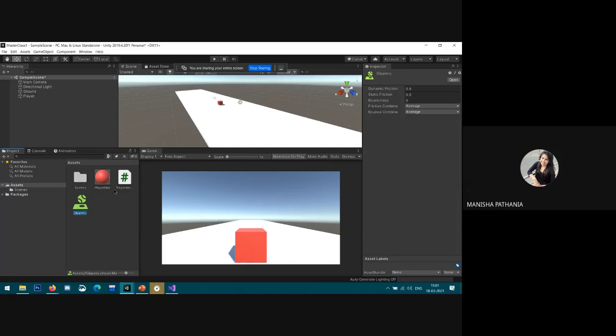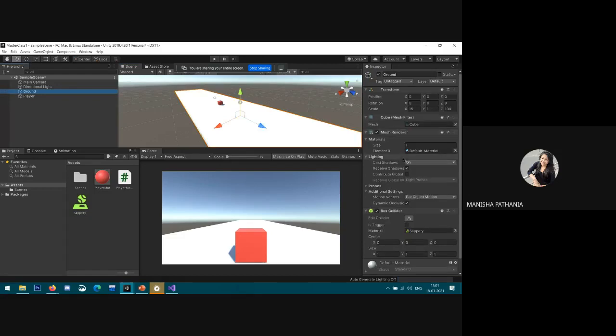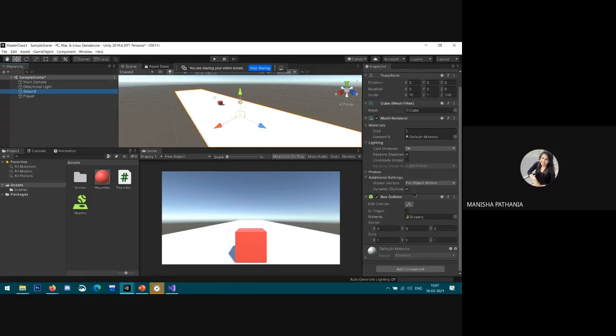We can set both static and dynamic friction to 0. After that, just click on slippery and drag it onto the ground. When you click on the ground, you can see here the material is slippery, so it's already added to the ground.